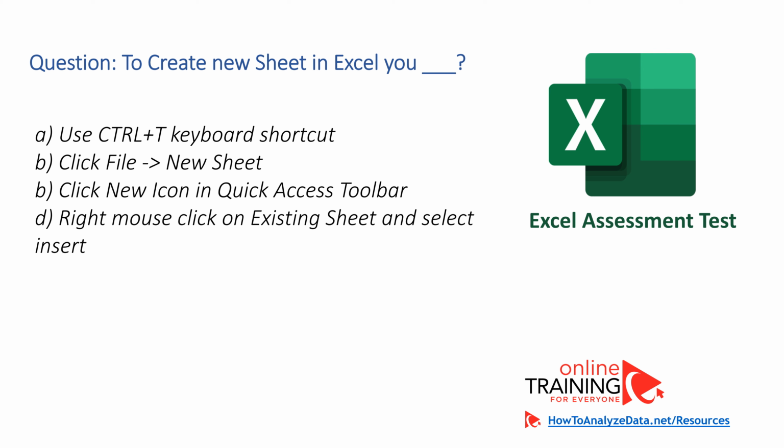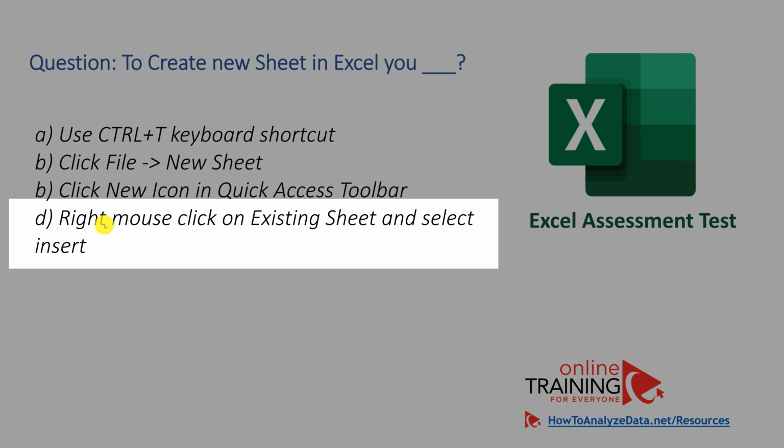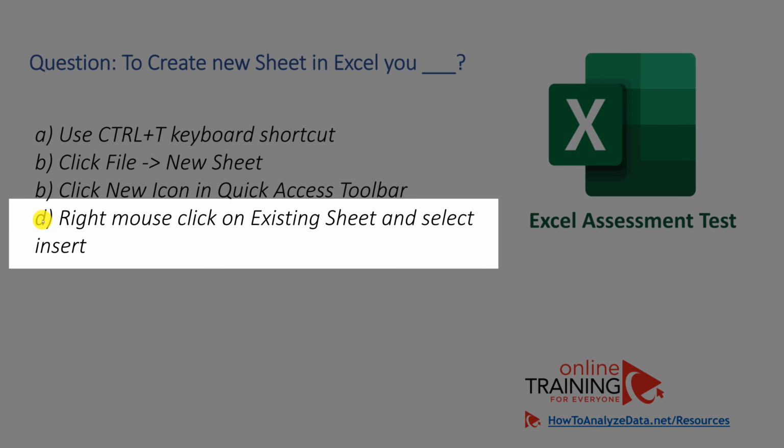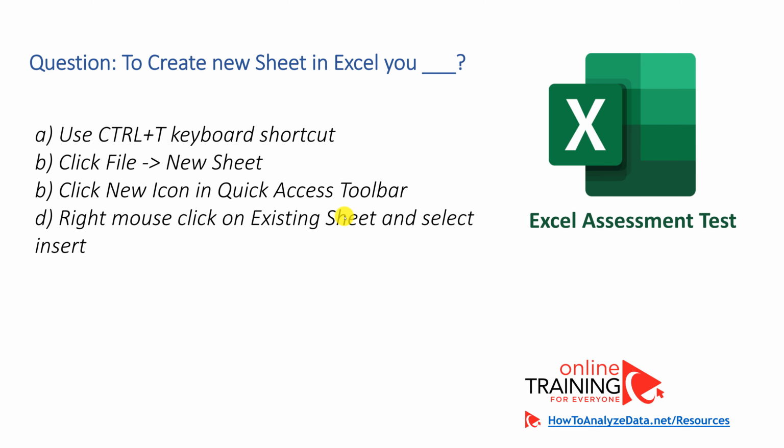Exclusion is one of the methods where you exclude possible choices to come up with the right answer. Ctrl-T keyboard shortcut is used to create new tables, not new sheets. File New Sheet option doesn't exist in Excel menu. New icon in a quick access toolbar creates a new workbook, not a new sheet. So through the method of exclusion, we came to choice D, which is the right mouse click on existing sheet